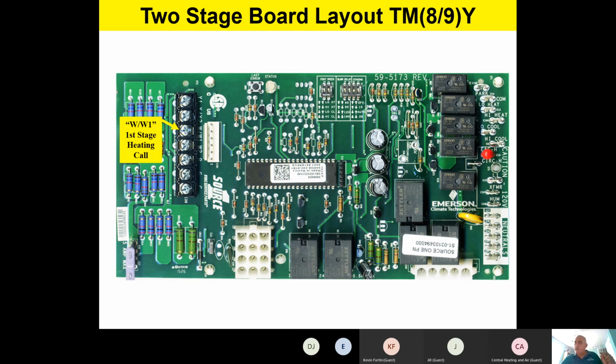Let me say that again. If you're stuck with a single stage thermostat, or maybe you don't have enough wires behind the wall, you can still use this control board with a single stage thermostat. Let me say that again. You can use this 2-stage control board with a single stage thermostat if you're stuck with a single stage thermostat,